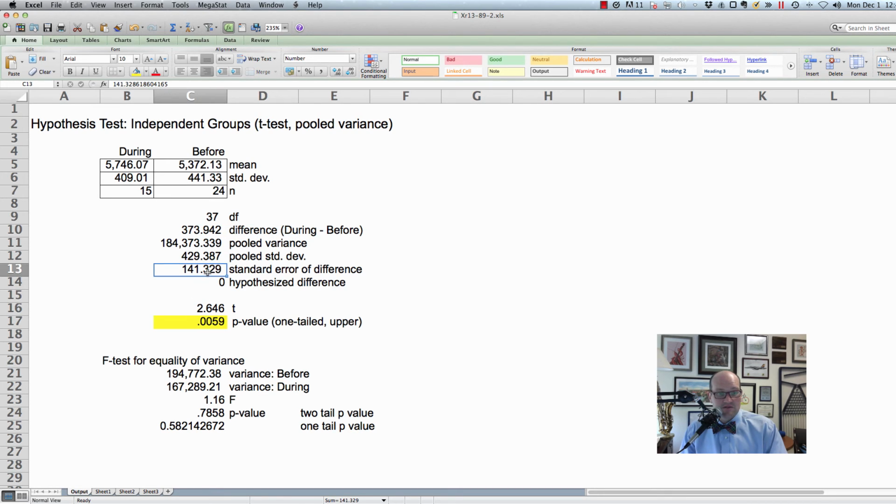And so we say, well, how far away is that in terms of standard errors? Well, the standard error is 141, and so that's about 2.64, that's what a t value is, 2.64 standard errors away. So that's pretty far out there. It's getting close to 3 standard errors away. So the p-value is 0.005. So that gives us enough evidence to reject the null and say, actually, there's evidence that the alternative is true,